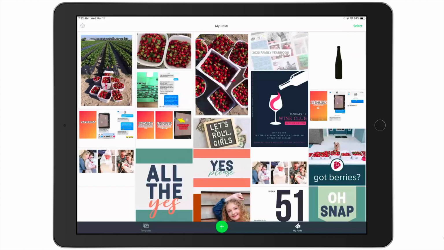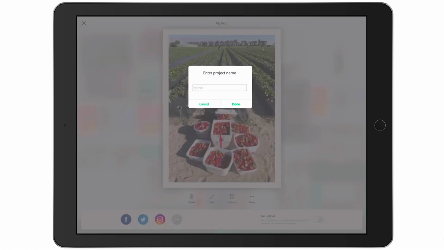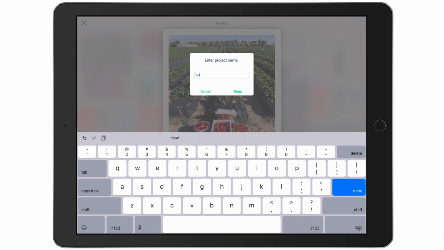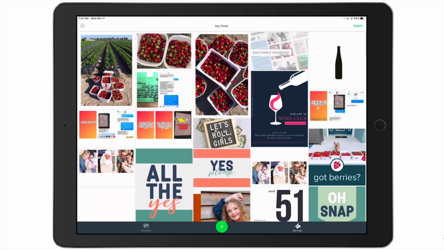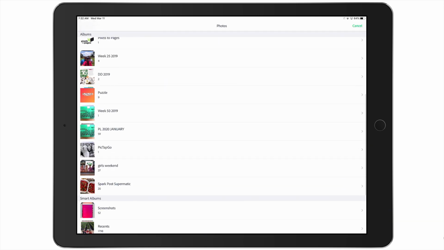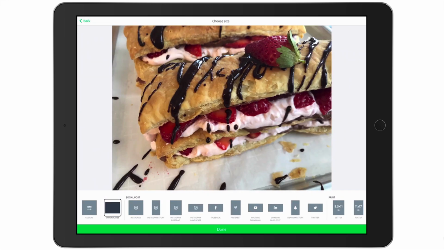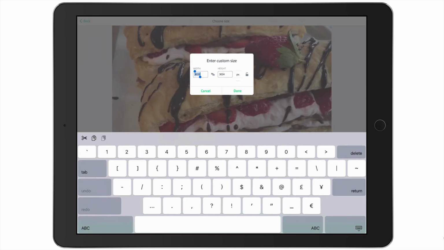Come back to my posts, select that again, and change this to 3x4 vertical. And then tap done. Now let's do a horizontal. Photo library, and let's see, how about we play around with this one. Come to custom. This one will be 936